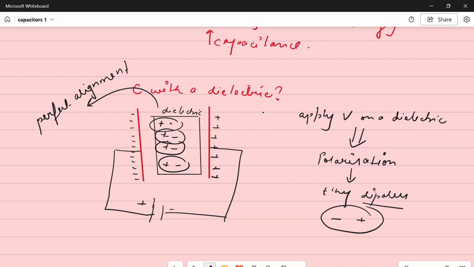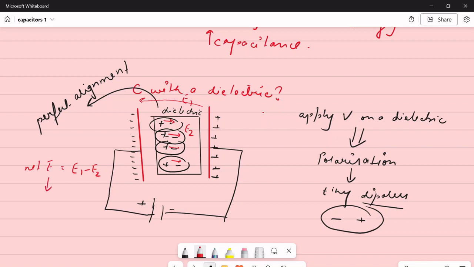Now, if I take a closer look at this dielectric, you will find that there is a small electric field formed inside these dipoles, positive to negative. Now, there are two electric fields. One, this one, let's call it E1, and let's call the net combined electric field of these tiny dipoles E2. Now, the net electric field of this capacitor will be equal to E1 minus E2. So naturally, this electric field is going to decrease.